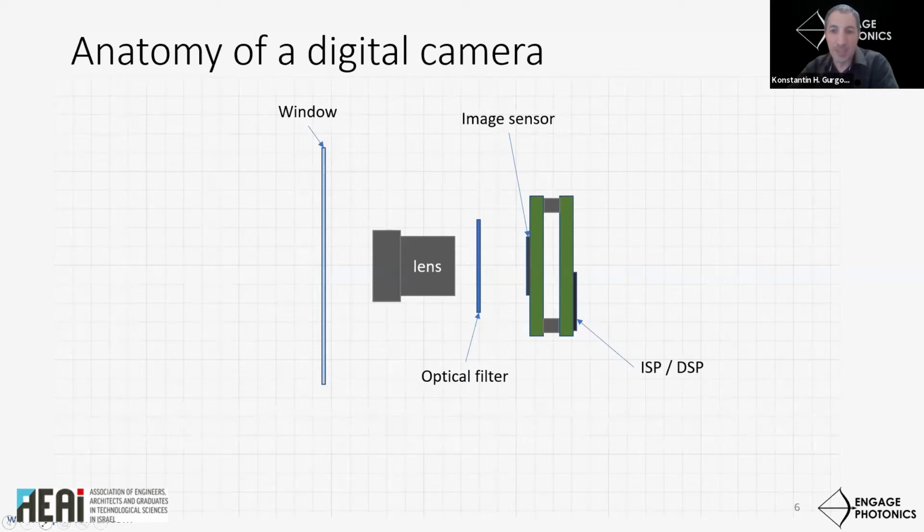Some kind of optical filter is present in the majority of cameras, commonly between the lens and the image sensor. Not shown is the camera enclosure, which holds everything together. Another component is the optical window, usually mounted into the host system's enclosure. It's not part of the camera, but it has a great effect on its optical function.